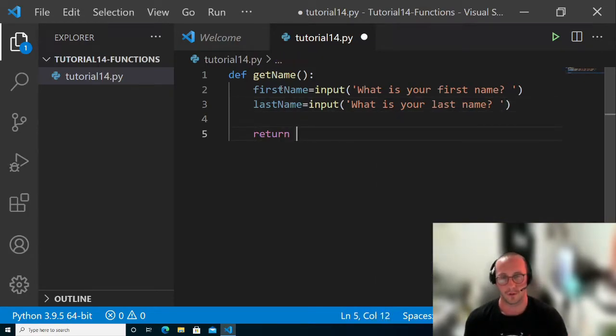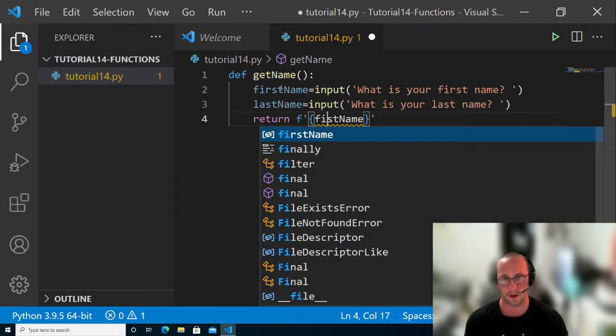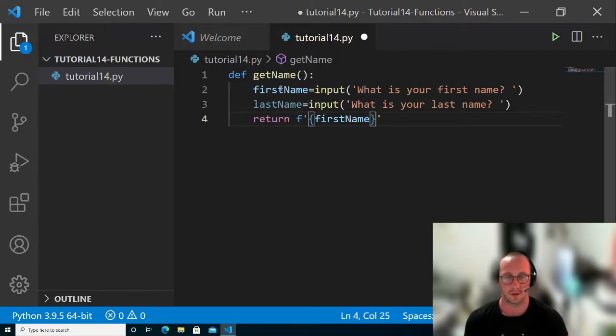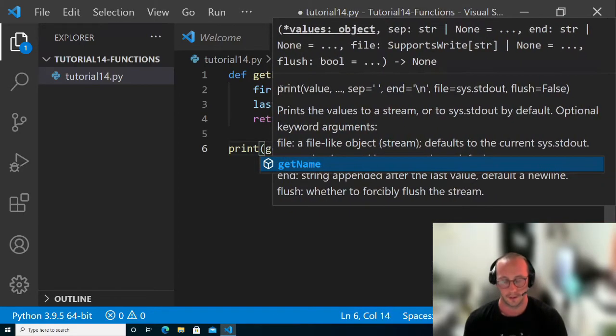And then what we are going to do is return an f string literal. So what that is, I can put curly brackets in and put my variables directly into the curly brackets instead of doing a plus with some double quotes and wrapping some variables in there. This will just make it a little bit easier to write out. So if we do this here, we can simply call print get name,